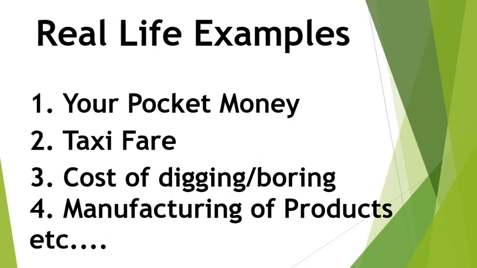Next example, if you ride a taxi, this also has an arithmetic sequence. Once you ride a taxi, you will be charged an initial rate and then a per mile or per kilometer charge, which forms an AP. And there are many more examples which you can think of on your own.